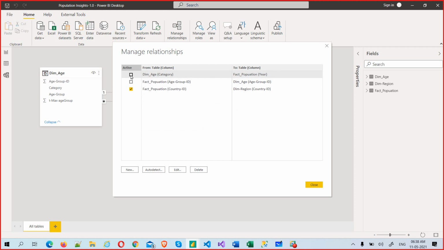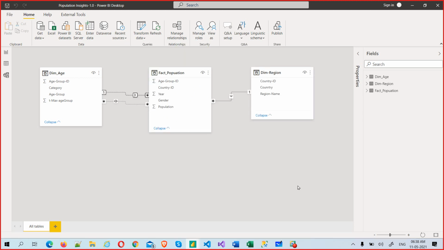One should have population and age group as an active relationship, and the category one is not a good relationship. Now make this active, and if you want to delete this, you can simply delete it here. See, everything is user friendly. Microsoft tools give you a lot of user friendly options. We need to explore all the options.